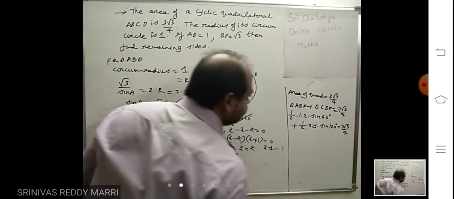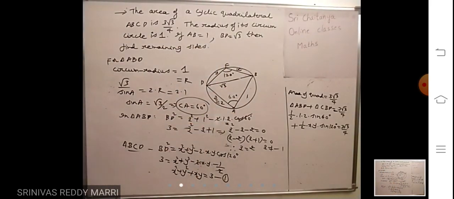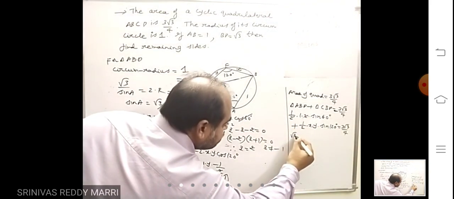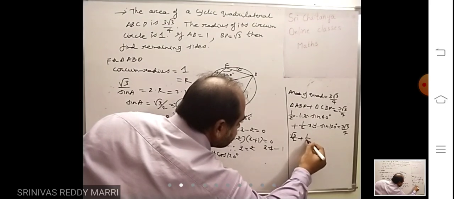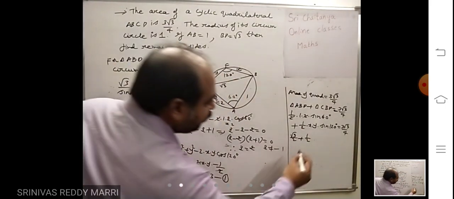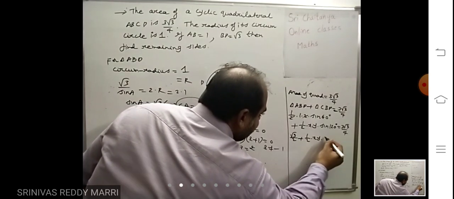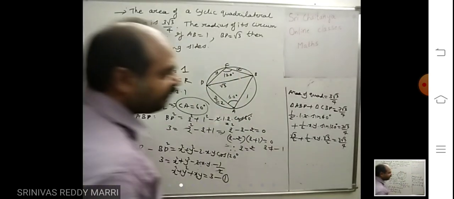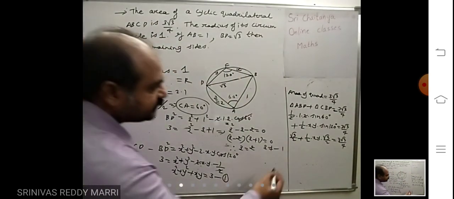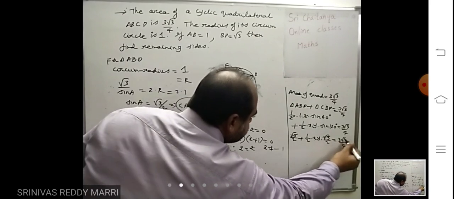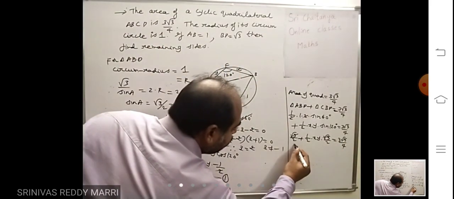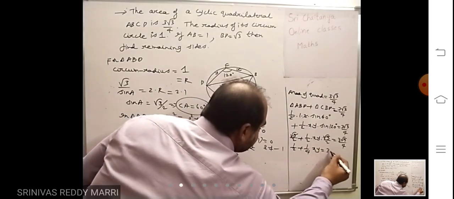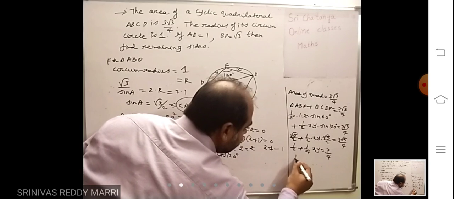This is nothing but 3 root 3 divided by 4. You will get another equation here. So this 2 cancel. Sine 60 is root 3 by 2 plus 1 by 2 into xy into sine 120 is root 3 by 2. Sine 120 is what? 180 minus 60. So root 3 I am cancelling. So therefore 1 by 2 plus 1 by 4 xy equal to 3 by 4.